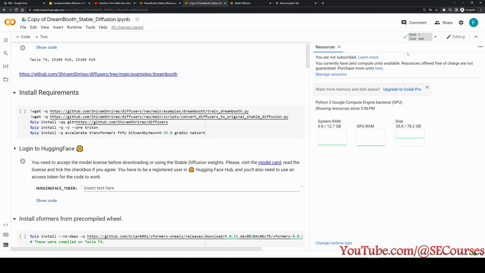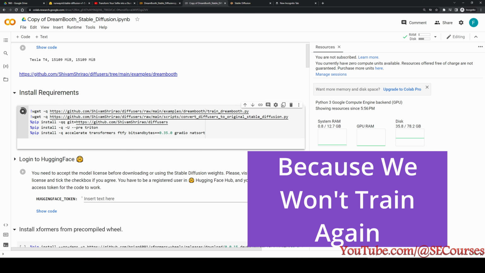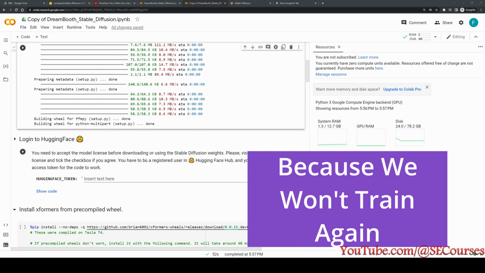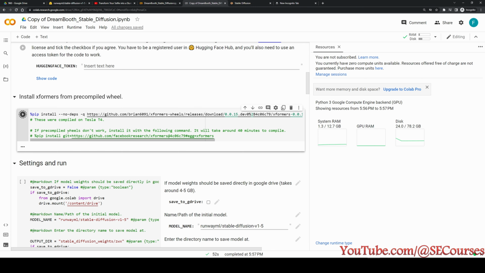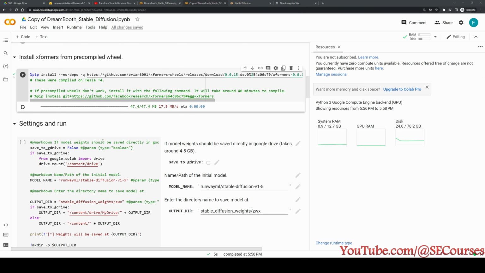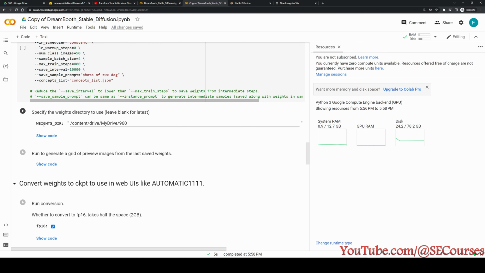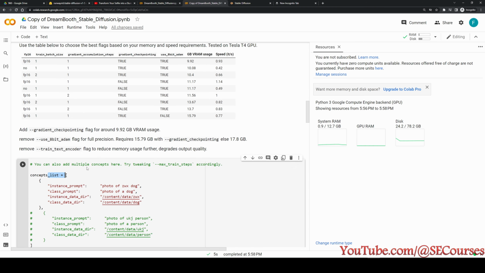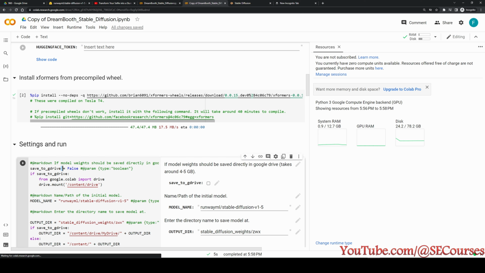Okay, I am connected, just checking I have a GPU. Yes, I am clicking install requirements. Okay, it is done. As a next step, we are clicking install Xformers. It takes only a couple of seconds. Okay, it is done. We are just going directly to the first step, but there is one important thing, which is actually